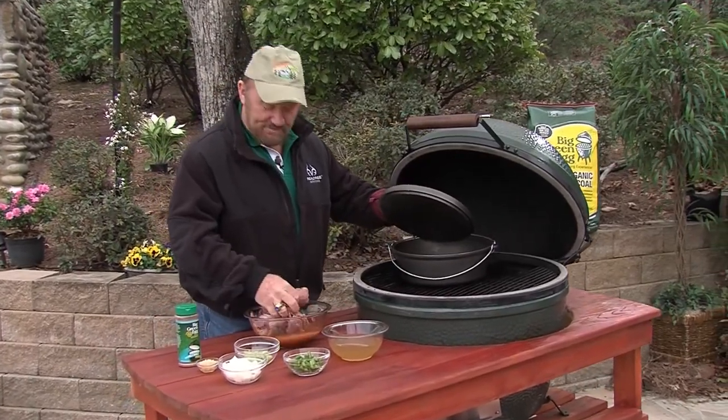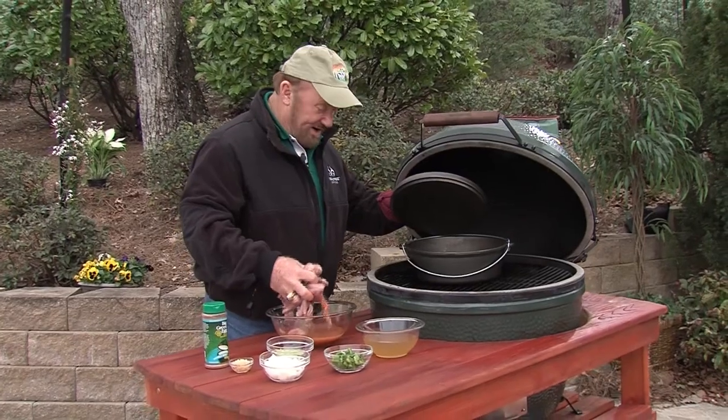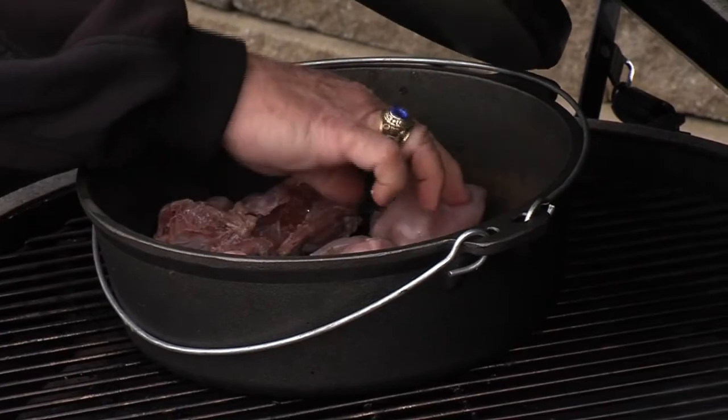They've been marinating for about 20 minutes. And I'll brown them on the egg. It won't take very long. Quail's like a little chicken, really. And he sure does eat good. As soon as those are browned,